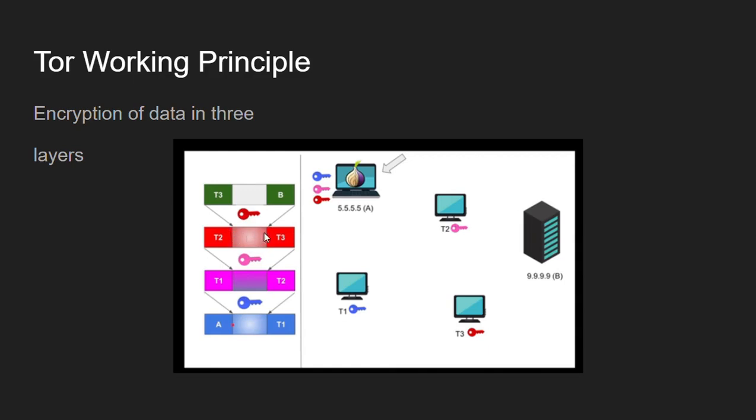Now, after encrypting this packet, this whole packet will act as data for another packet. This packet will have the destination address which will be the same as the source IP address of the last packet, which we have encrypted, and the source IP address will be of the middle relay T2. Now, after assigning the source and destination IP addresses to the packet, we will again encrypt this packet for the second time, and now this packet will be used as the data, and the destination IP will be the source IP of the previous packet, and the source IP will be the IP address of the entry node or the first node